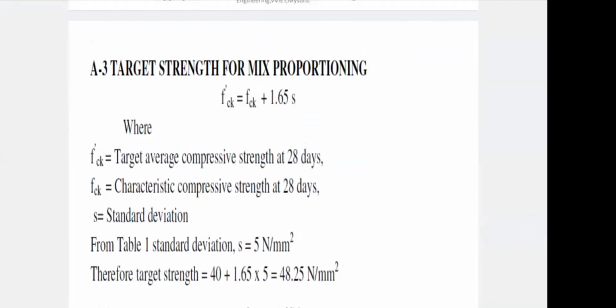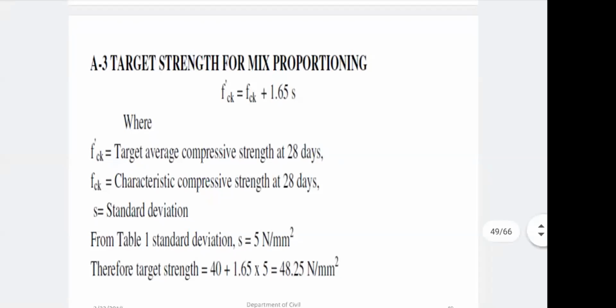These different nomenclatures are already given in your problem. Now you need to design your concrete mix for M40 pumpable concrete. The first step is determination of f'ck = fck + k × S, where k is 1.65. What is the value of fck?